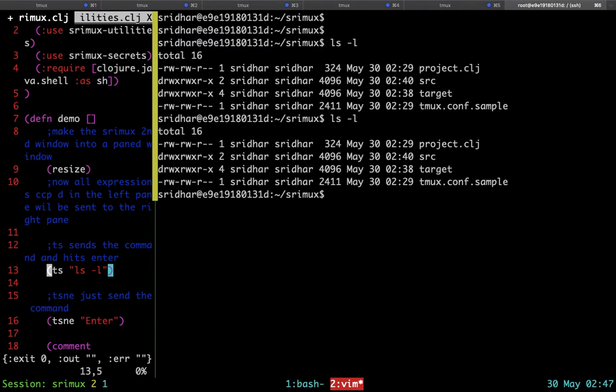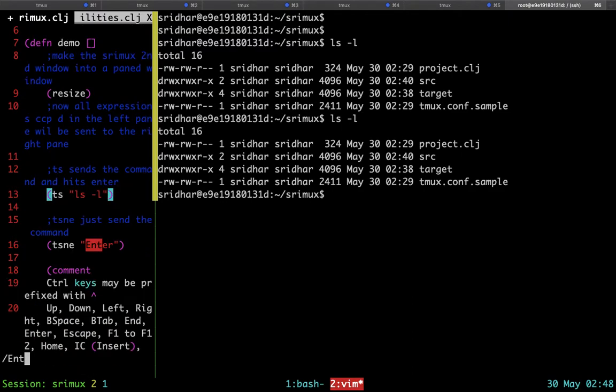So let's see the next command, the TSNE. This is like TS, but it doesn't append an enter at the end. It's useful for sending special keys like enter itself. So let's go to the S expression and issue a few CPP keystrokes.